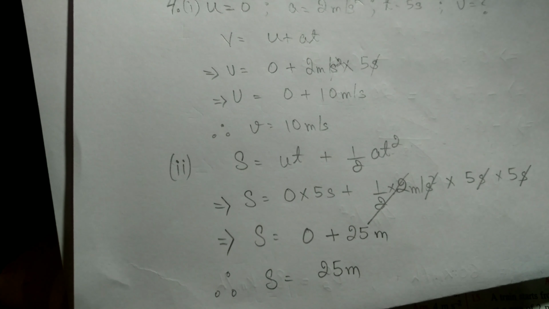So again replacing the values of u, t, a and t square, I'm getting s equals 0 multiplied by 5 seconds plus half into 2 meter per second square into 5 seconds into 5 seconds. So again seconds get cancelled and meter remains here. So 0 into 5 seconds gives me 0 plus, 2 into half gets cancelled. So 5 into 5 is 25 meter. Hence my displacement comes up to